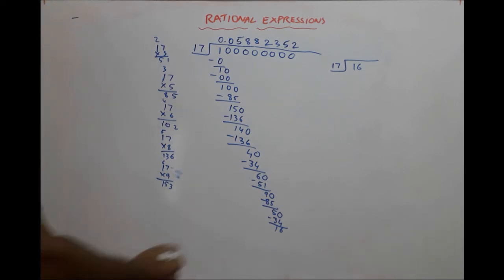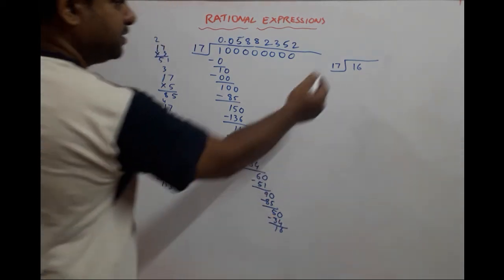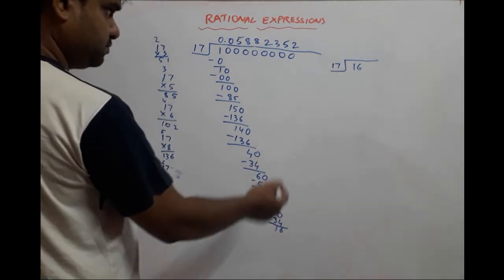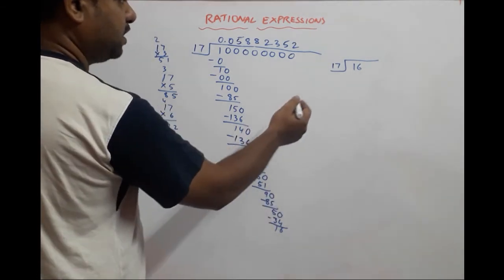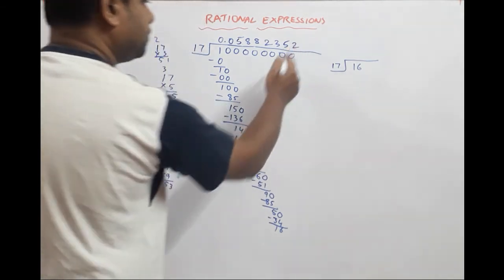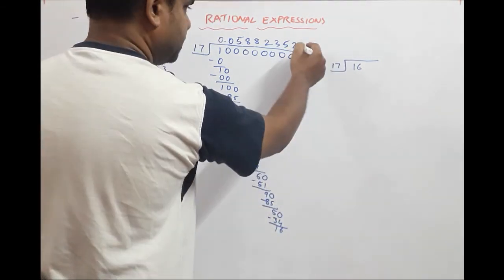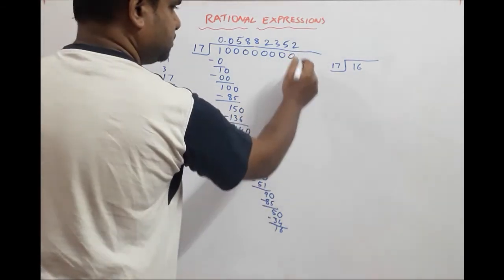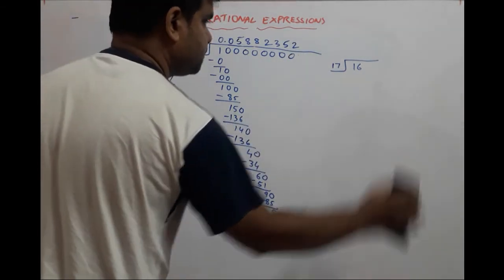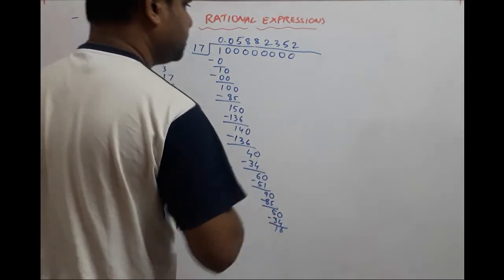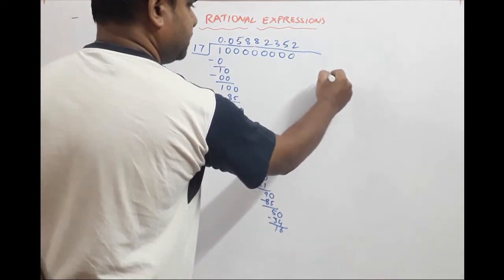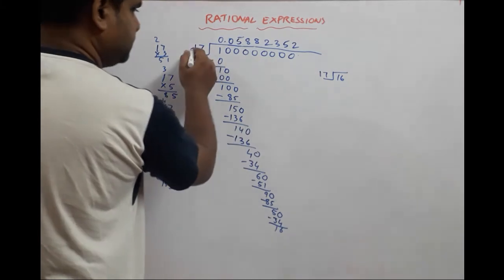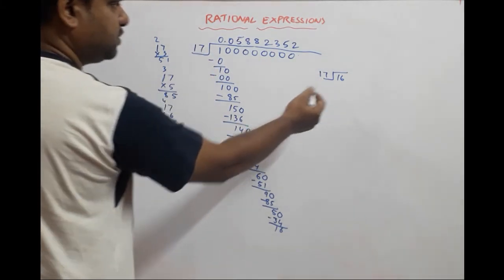And I'll straight away start with this. It's not a fresh division, it's a continuation of that, which means that I will continue over here. So I'll put down the quotient over here itself, but I'll continue the division over here. So I put another 0, so I'll put this a little bit down so that it doesn't come in between. 17 divided by 16. Remember, 16 is from here, 17 is from here. This is a continuation of the division, not a fresh division.